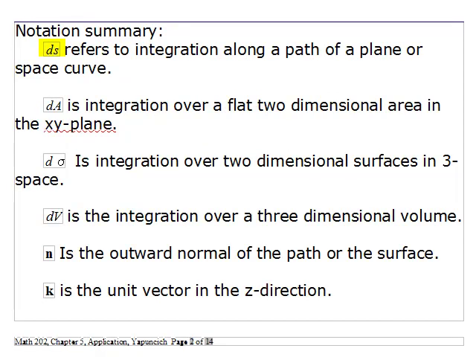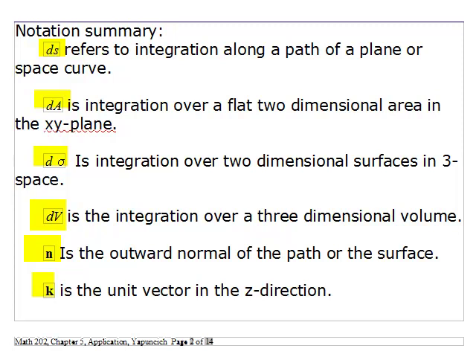ds refers to integrals along a path in a one-dimensional path. dA is the integral over an area. It sort of makes intuitive sense. dV is integration over a three-dimensional volume. d sigma is the integration over two-dimensional surfaces, for example the surfaces that would bound the three-dimensional volume. N is always the outward normal, may or may not be the unit normal, but it's the outward normal, and k is a unit vector in the z direction, which would be the binormal for the plane